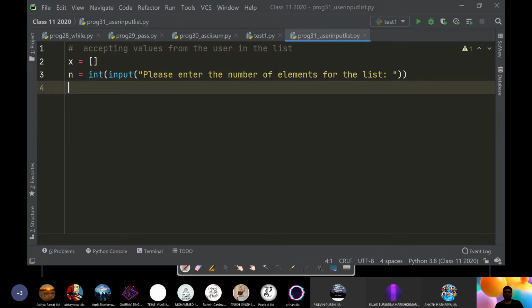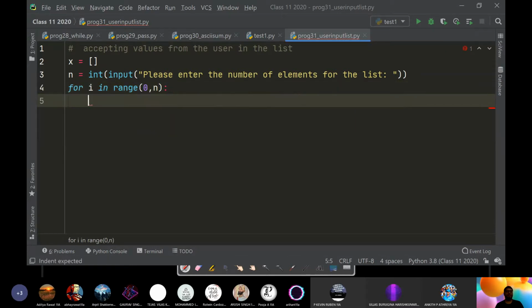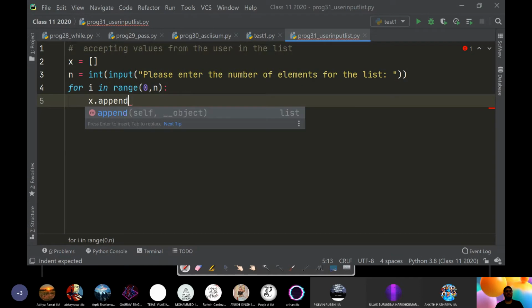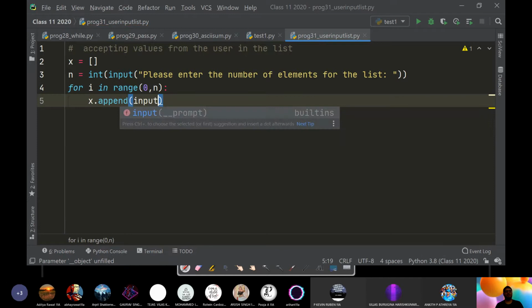Now, once you have done that, then we'll run a loop for I in range. First, let us do the basic way. Let's say n numbers you have to input. I'm taking from 0 to n. And then what we can do is x dot append, then input.